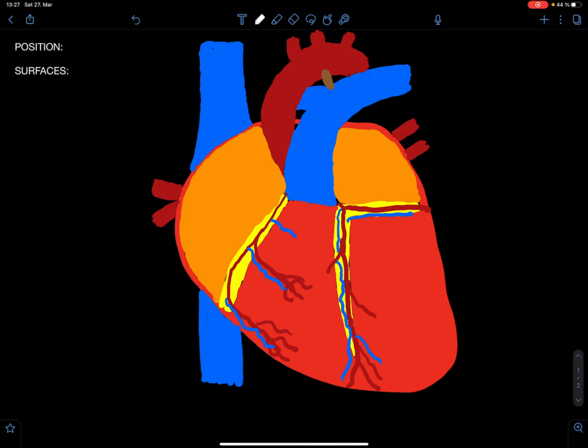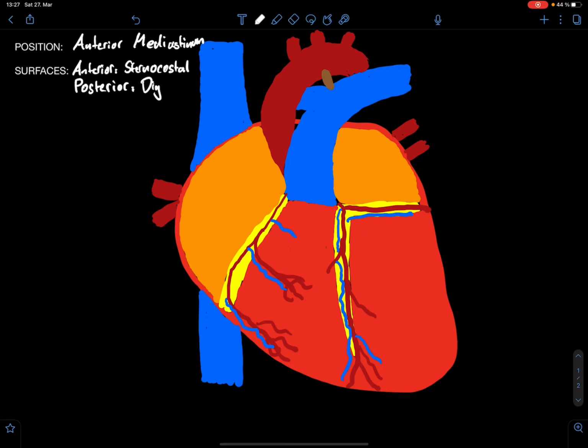First of all, the heart in position is in the anterior mediastinum, according to clinical terminology, and it has two surfaces. The anterior surface is called the sternocostal surface, which we're gonna talk about today. And the posterior surface is the